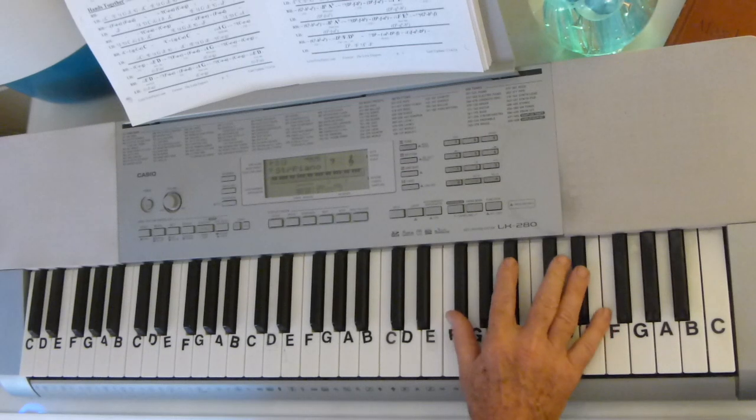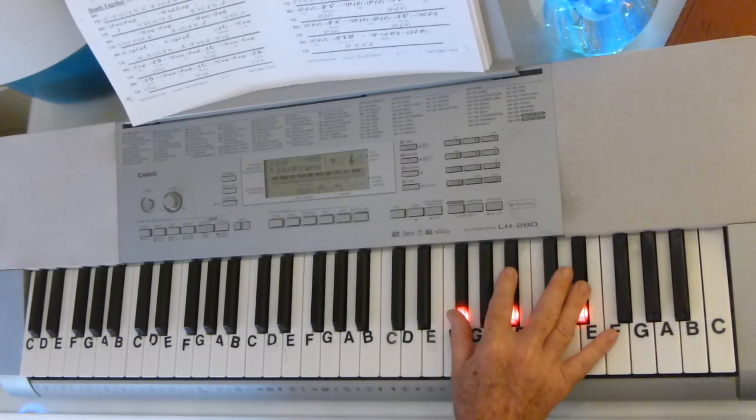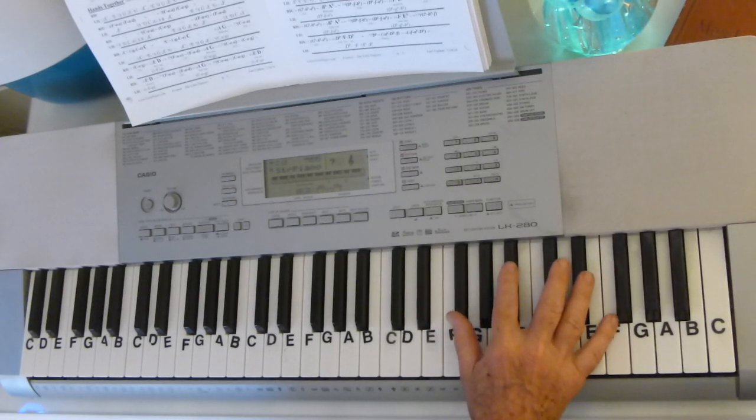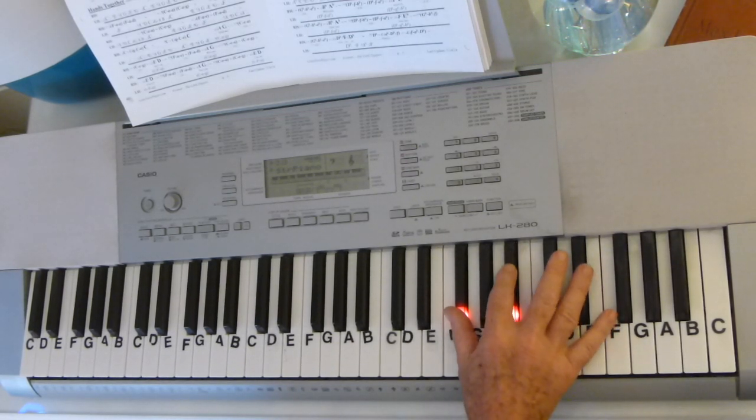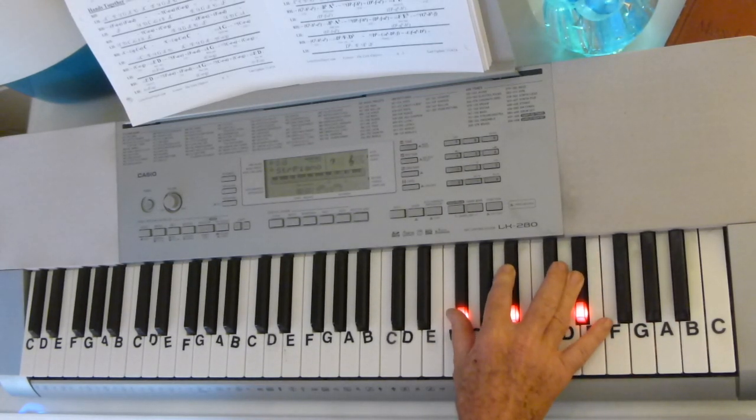And then your left hand is going to be all black keys, the last one, and then this first one's going to have an F in there. G flat, B flat, F, G flat, B flat, E flat. So we're